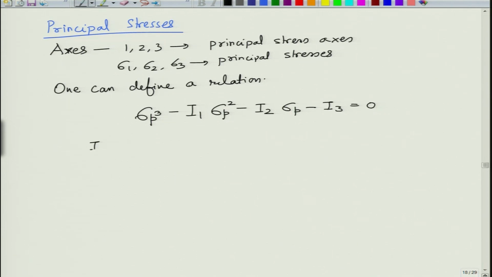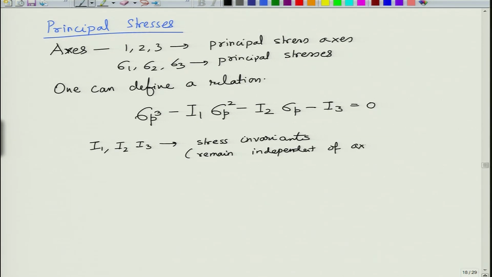And here I1, I2 and I3 are called stress invariants. These invariants remain independent of axis